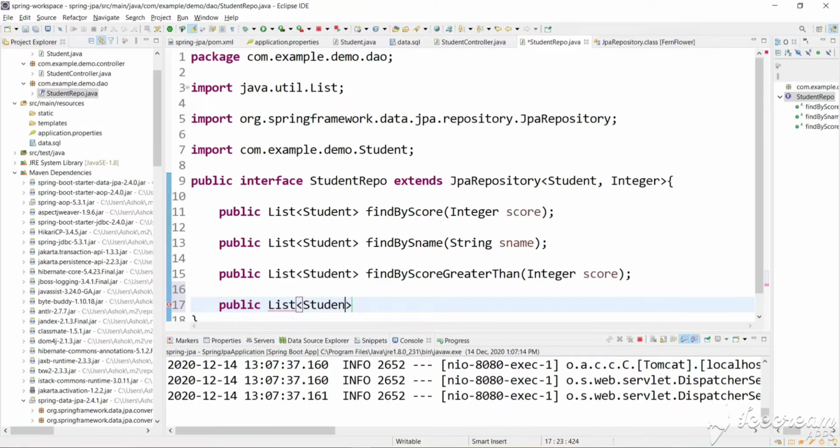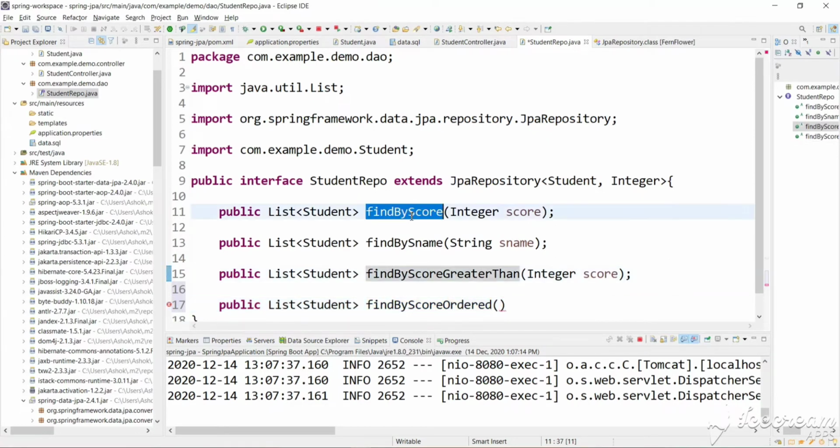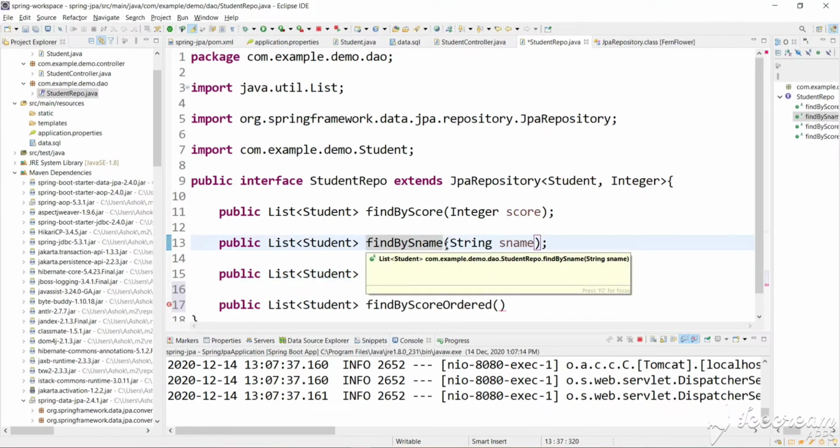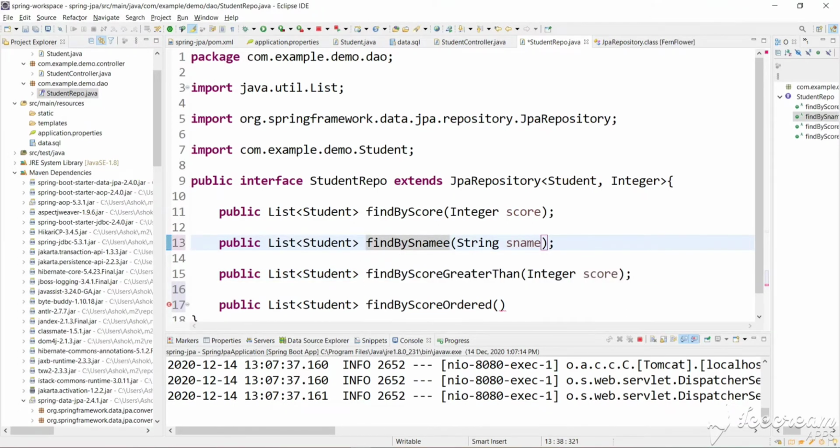List of students, just define anything. Find students, find by score order. This method name doesn't matter, but here these 3 method names matter. If you change anything, like if you make any spelling mistake, it will give an error. So you can try and run this app.